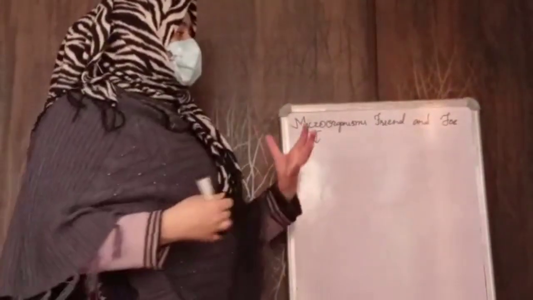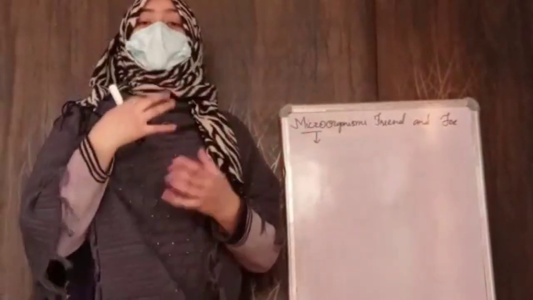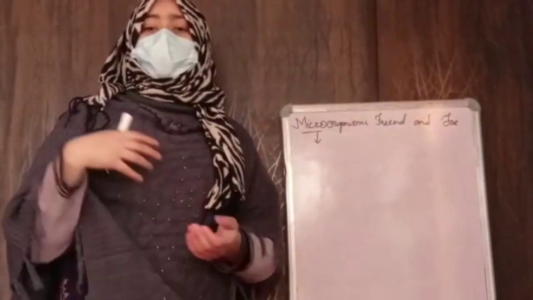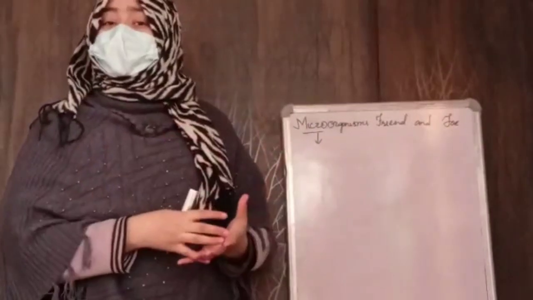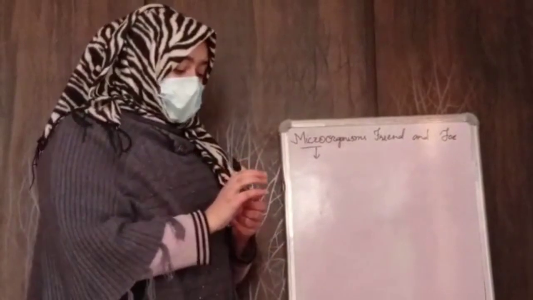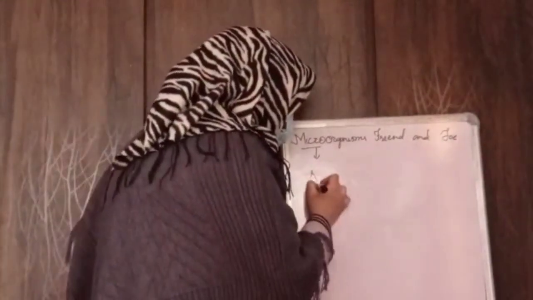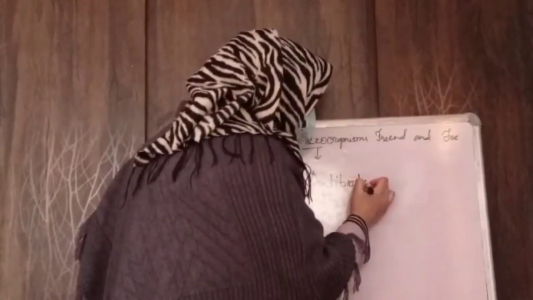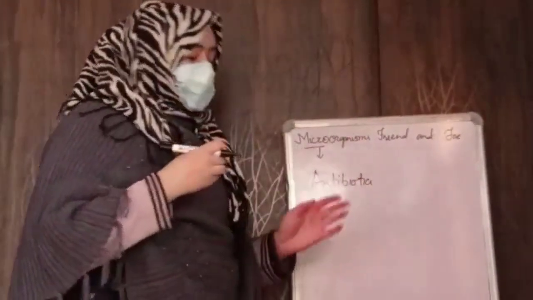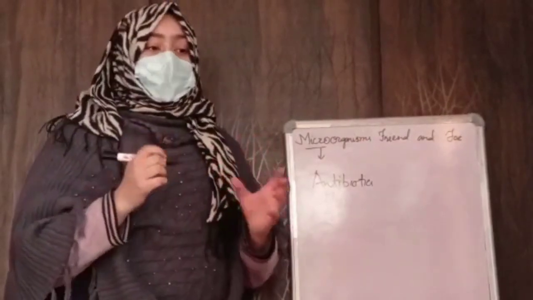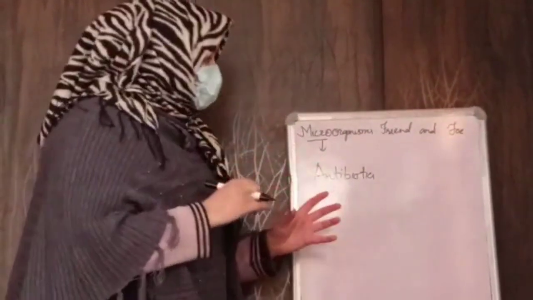And now, how do we keep ourselves safe from these microorganisms? We should wash our hands, and we can also preserve food, like we make pickles and jam. There is also a very important thing, antibiotics. If we are affected by any of these diseases, what can we do? We can take antibiotics, which kill the disease or make it much less in our body.